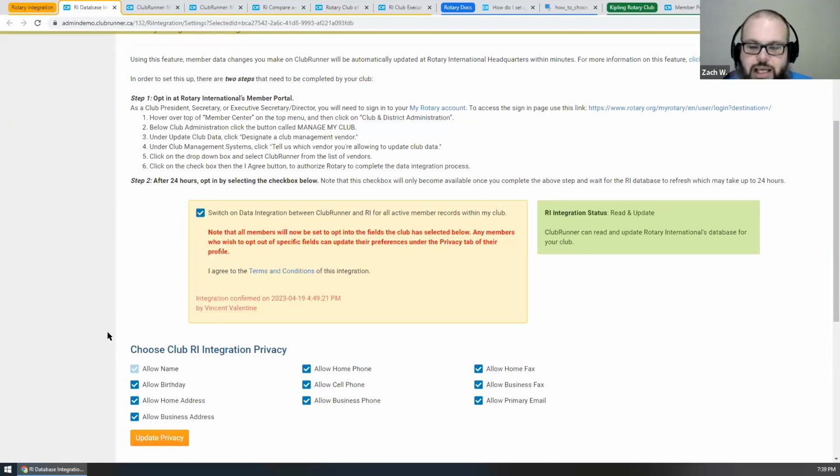Rotary only tracks 8 positions per year. It doesn't mean that your club or district might not have more officers, just that these are the only ones that Rotary tracks explicitly. Those positions are the president, the secretary, the treasurer, the executive secretary / executive director, the membership chair, the foundation chair,